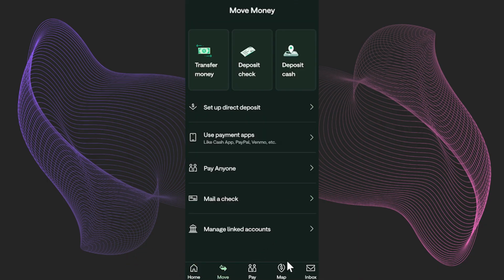After you do that, now you will have this menu which says Move Money. You will have three options. The first option is to deposit cash. So using this option, you will find the nearest ATMs that you can actually deposit cash to Chime account. After that, after you find the point that you want to deposit cash through, you can just go to it